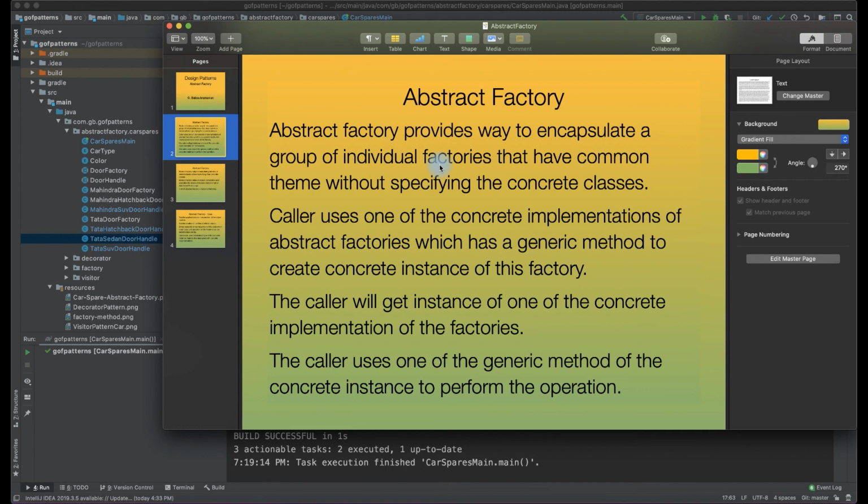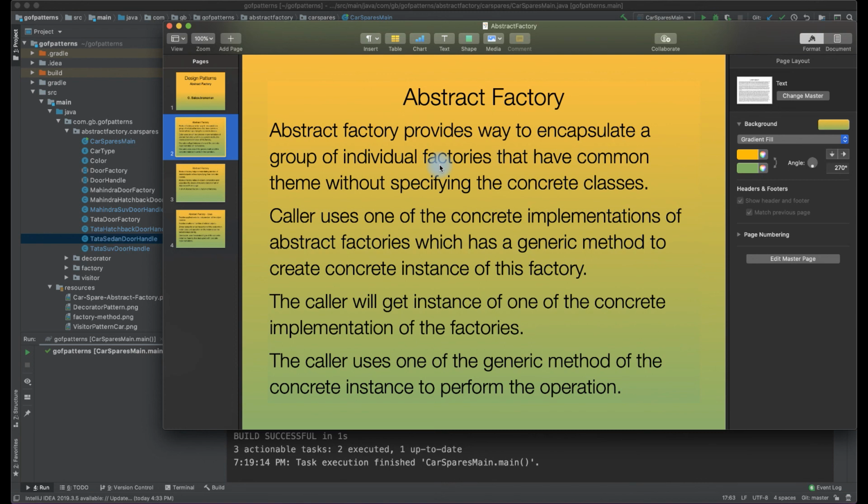Because by the time we have to instantiate things, we might have to get other properties. So we are not bound to Tata door handle or Mahindra door handle here. We are bound only to door handle, and we are using several factories to instantiate it. So this is what abstract factory is.